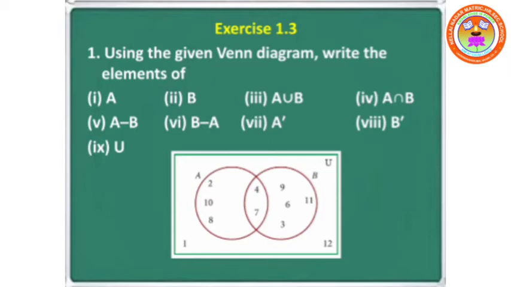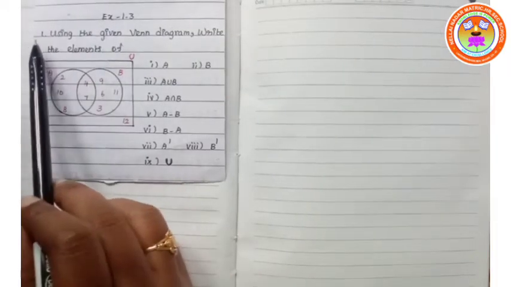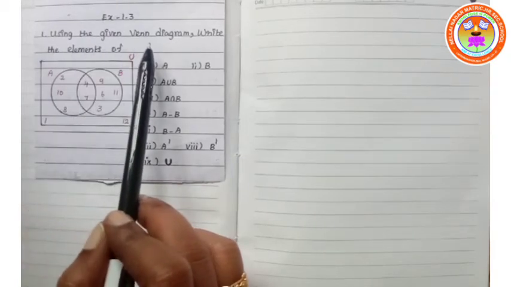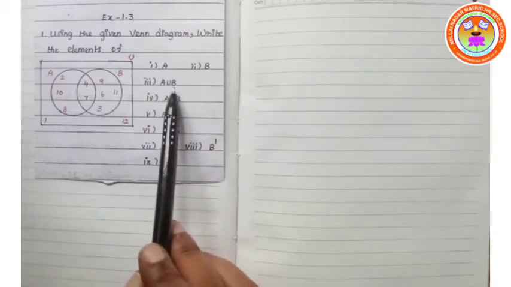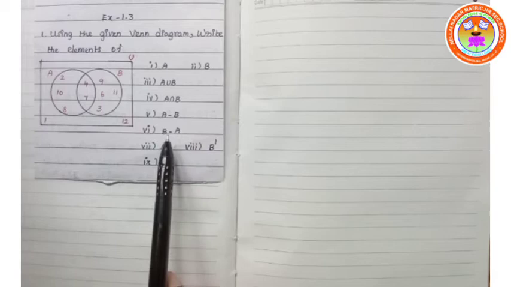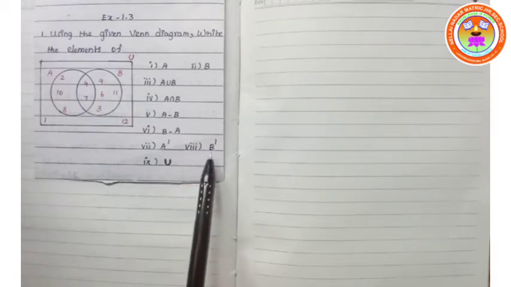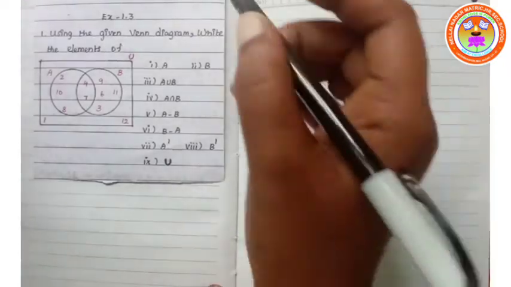Now, exercise 1.3, first question. Using the given Venn diagram, write the elements of A, B, A union B, A intersection B, A minus B, B minus A, A dash, B dash, U. So first one, you see,